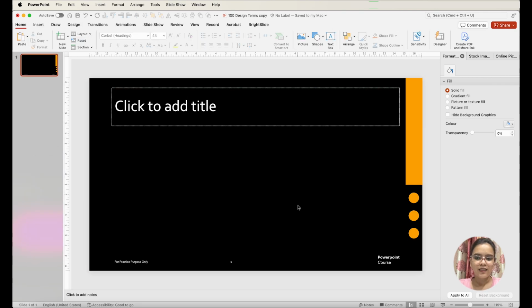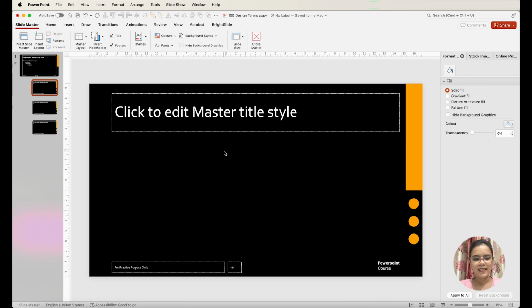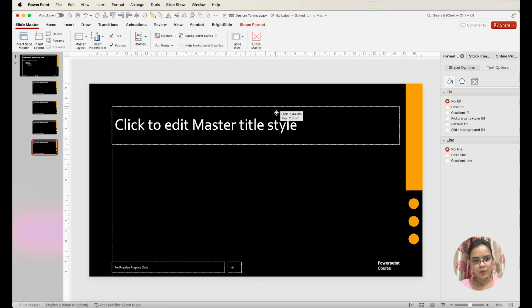If we come outside, so if you'll see, we are using this template, and now whatever I want to design, I can do that. Say, let's add some more variety to this. So we have one template where we have the click to edit master title style, and then we have second with the squares. We can have these three options, and let's say Command C, Command V. Let's add some versatility to it, and let's delete these two. So I have made a copy of the circle one only, and I want this to be middle aligned,